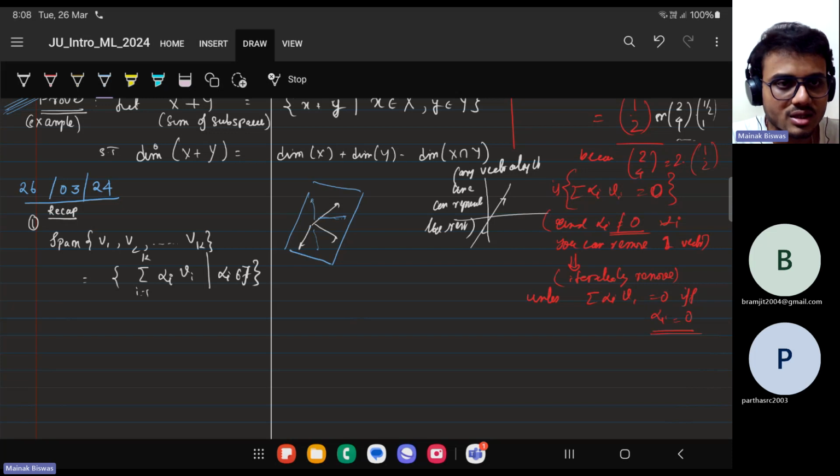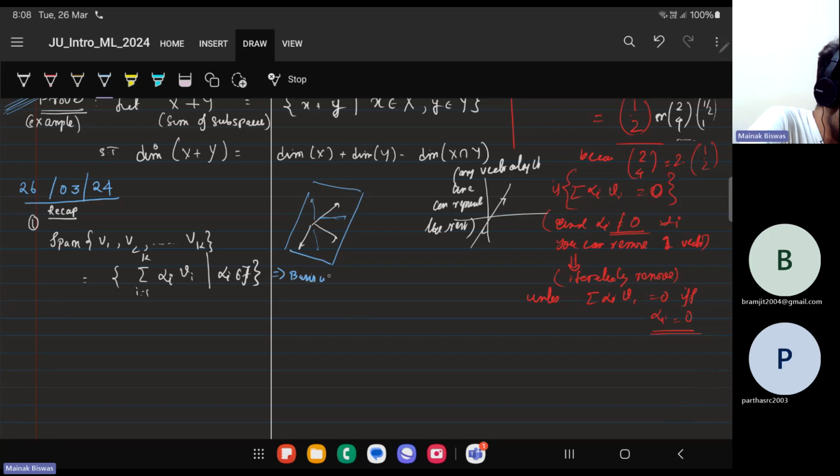I hope you all recall. So if you have k independent vectors, then you can make a k-dimensional space out of them. And we showed a thing called a basis, which was the minimal set that spanned